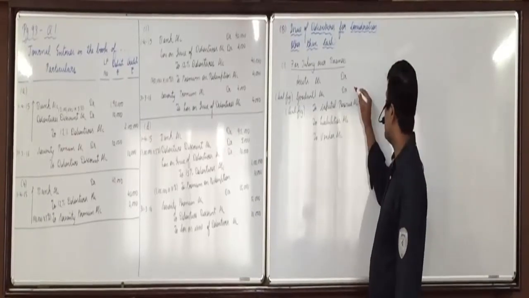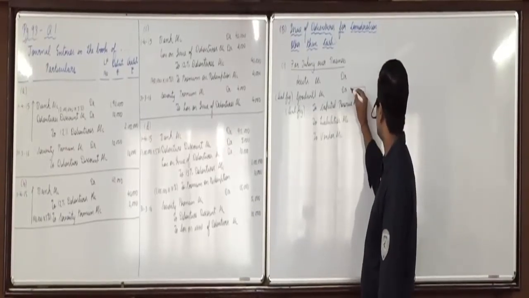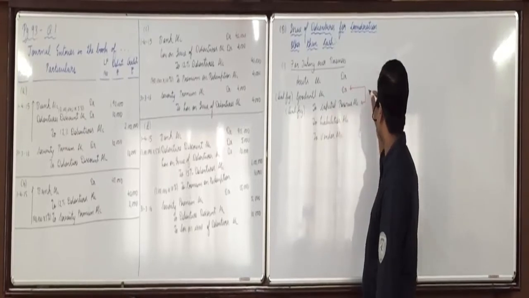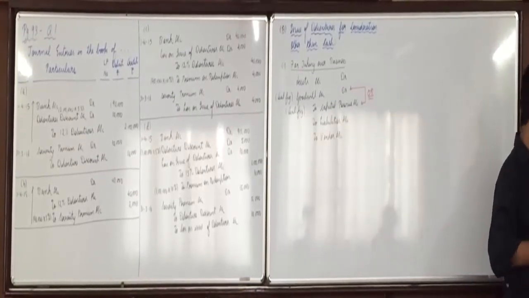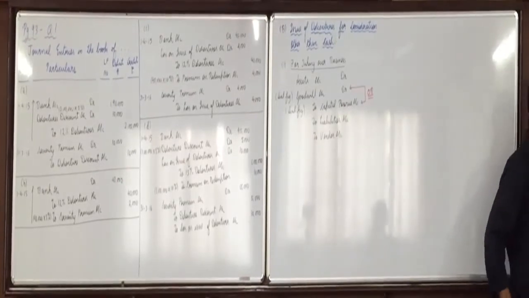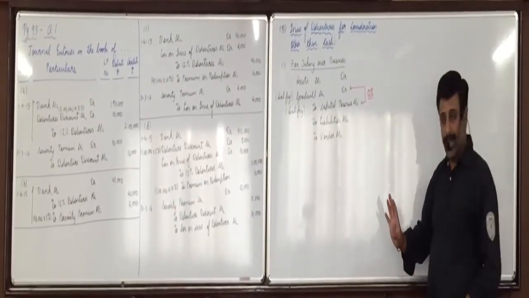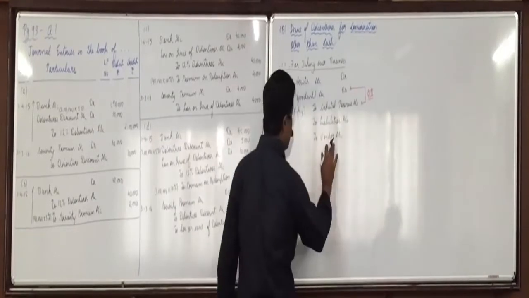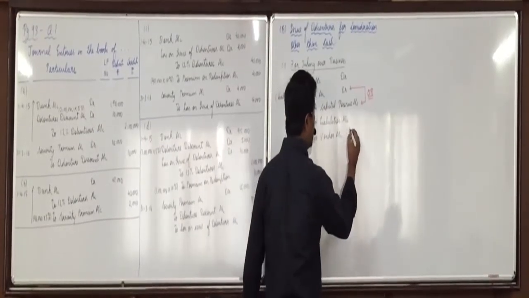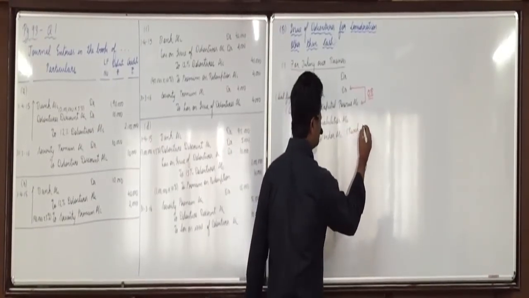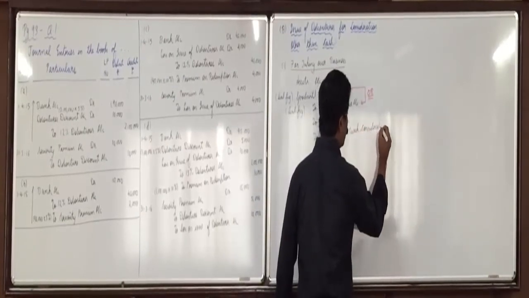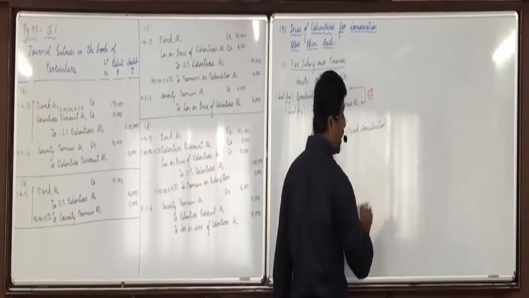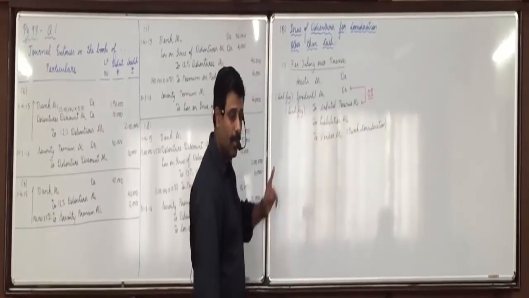If the difference comes in the debit column, we'll take it as goodwill. If the difference comes in the credit column, we'll take it as capital reserve. So we don't have to make workings for that. Did you understand this first entry? Yes. Okay. Here the vendor we will record with the amount of purchase consideration. Whatever amount we have decided to pay to the vendor, 6,50,000 or 5,50,000, that amount will come in vendor.